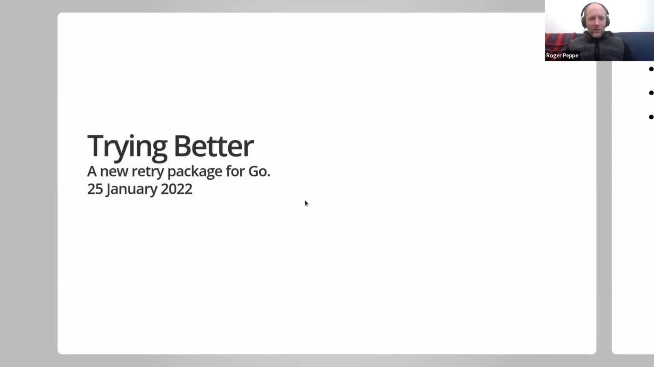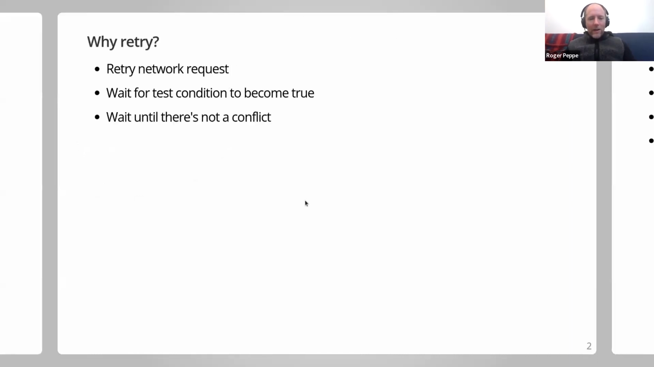So this is really about a little package that makes some things easier, I think. It's nothing of great consequence, but I like it. So I suppose the context is that retries come up in quite a lot of cases,